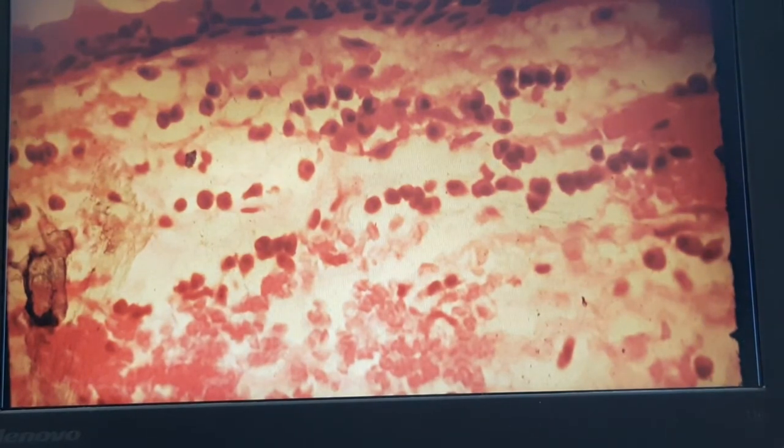You can see the beautiful lining of stratified squamous epithelium showing the border of the cyst wall. At the same time, you will find the presence of darkly stained, rounded oval bodies in the connective tissue, which we call Rushton bodies. Here is again a section of the odontogenic cyst, that is the dentigerous cyst, and you can find the cystic wall beautifully lined by stratified squamous epithelium with an empty space which was once present containing